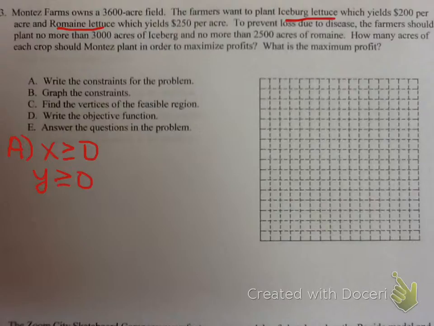So for A, it's always going to be x is greater than or equal to 0. Yes, that's what it says at the top of the page. You always have those 2 real world constraints. Always. So those should be the first 2 you write. Okay, then from there,